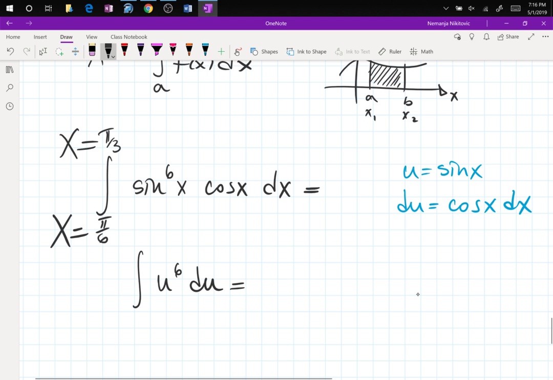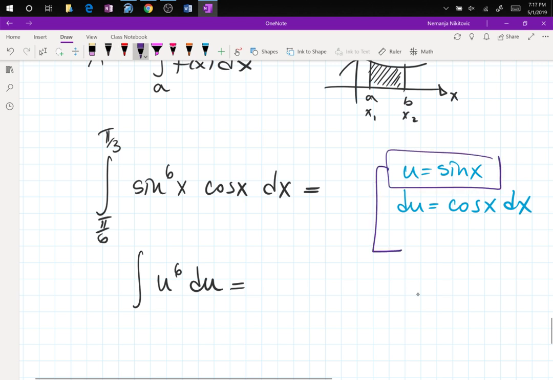Is there an equation that can transfer x's to u's? U equals sine x. Your substitution equation here is the one that will always transform your x limits into u